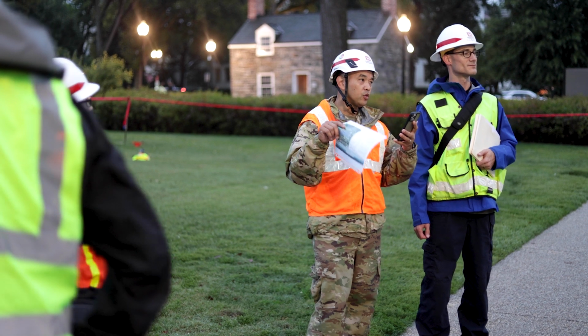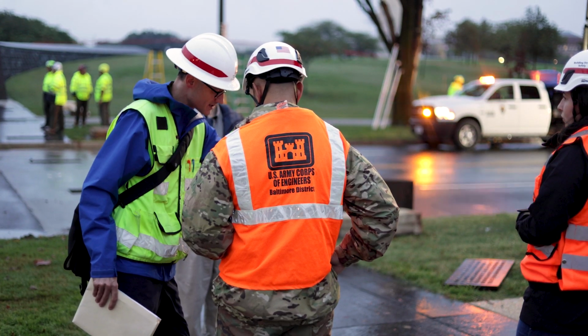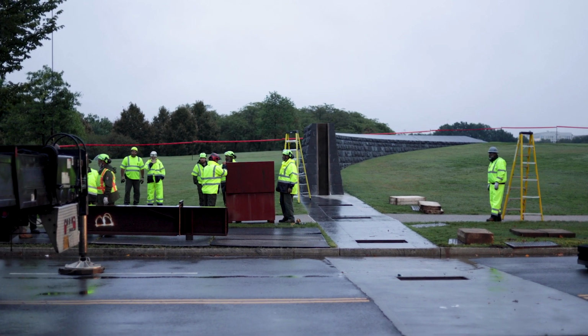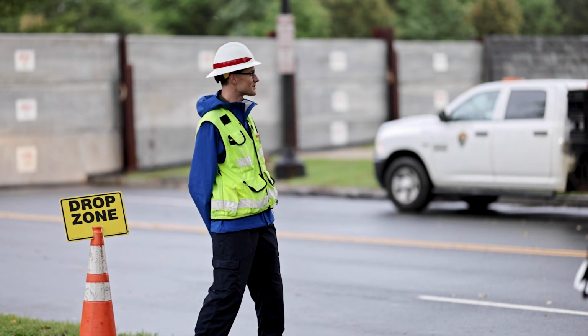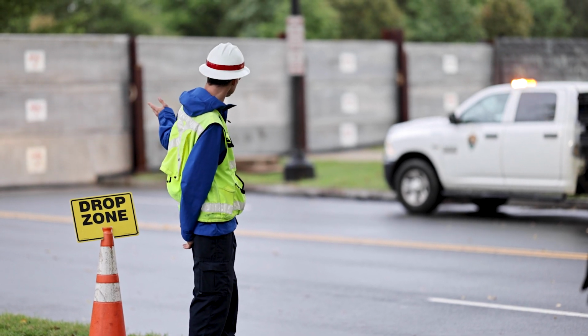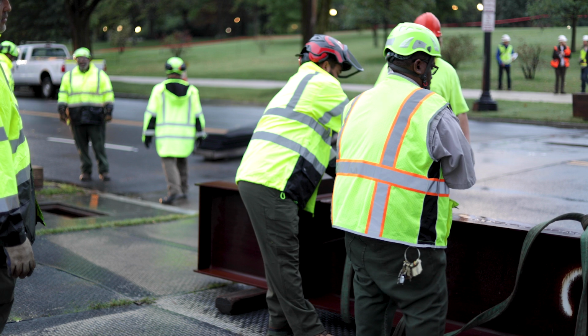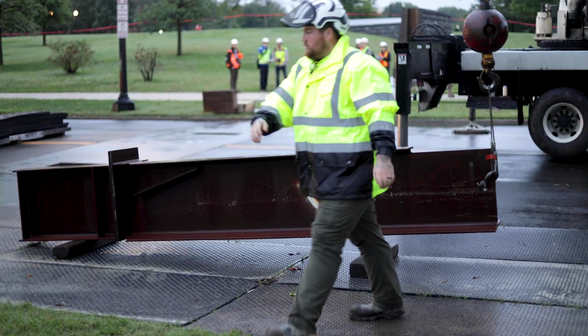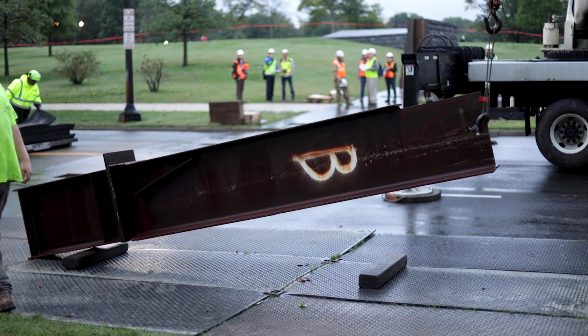Hi, good morning. My name is Alex Baldowski, and I'm a civil engineer with the U.S. Army Corps of Engineers. What's taking place here today is the annual closure exercise of the 17th Street levee. It's a post and panel closure put up by the National Park Service, who's in charge of operating and maintaining the project. This is important because every year it needs to be practiced so that way the Park Service can